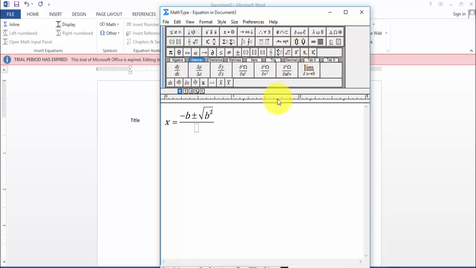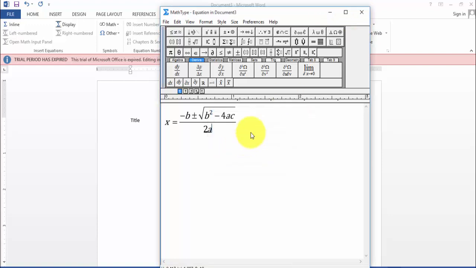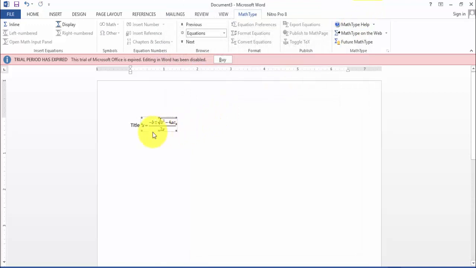So here I have the superscript, b squared minus 4ac, divided by 2a. That's it. Press save. So you will get an equation here. This is very simple.